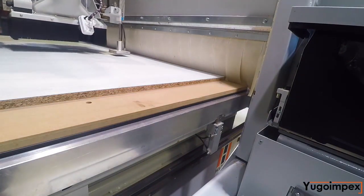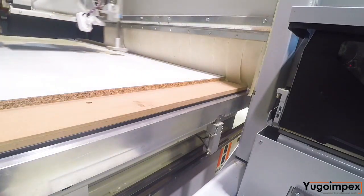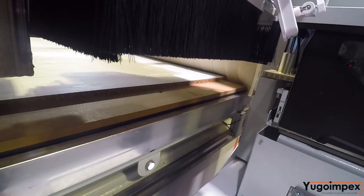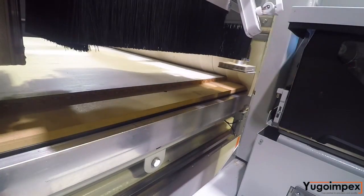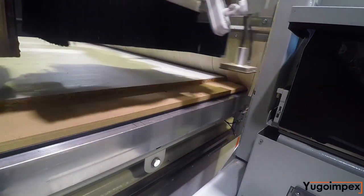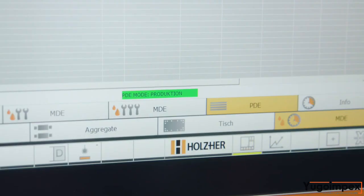Holz-Her offers various manual and automated labeling systems for marking workpieces. The fully automatic direct label system integrated into the machine offers maximum convenience. Here, the labels are attached to the correct position on the panel before CNC machining. The job database provides automatic feedback on the job processing progress, ensuring a continuous overview of the orders pending and